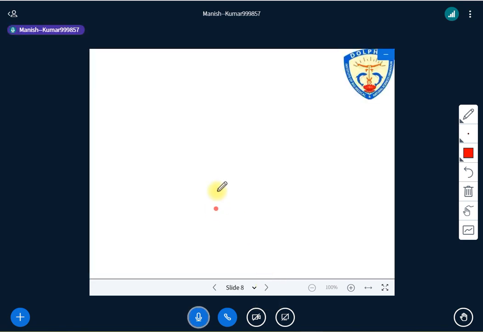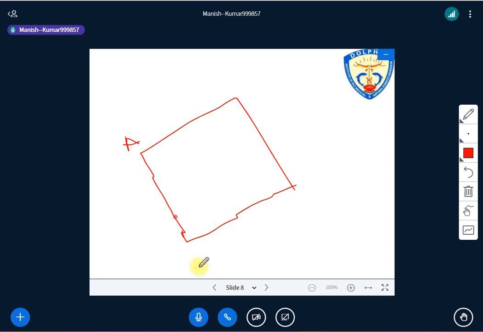Now let me give you some explanation through the image. For example, we have one survey area, and this is just the top view. We have four stations: A, B, C, D, and these are chain lines. Obviously, I'm not representing it in a scientific way, but consider it a chain line. A to B is a chain line, B to C is a chain line, C to D is a chain line, and D to A is a chain line.